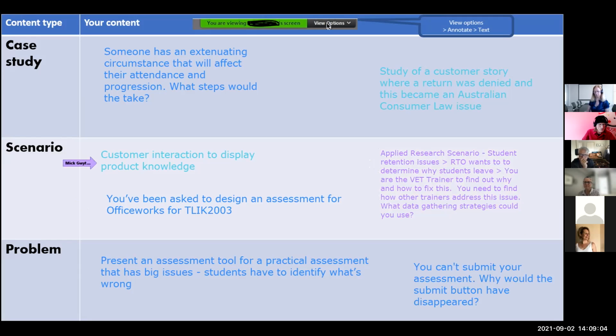And I reckon this one is yours, Carl. Would I be right there? Yep, you got me. It's spot the non-TAE point, I guess. But yeah, that looks like a beauty. So what they need to know here is, this is really about listening, isn't it? Listening and then adapting the response according to what they want, in line with your product and service availability. So it's not so much about your knowledge of products, it's as much about your listening skills, I would think. Would that be right? Yeah.